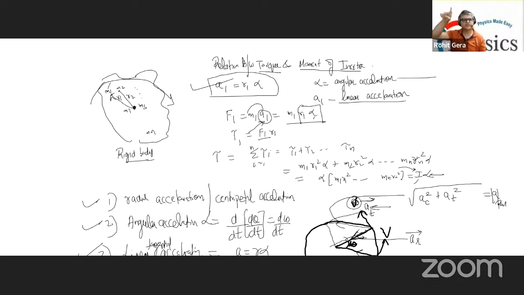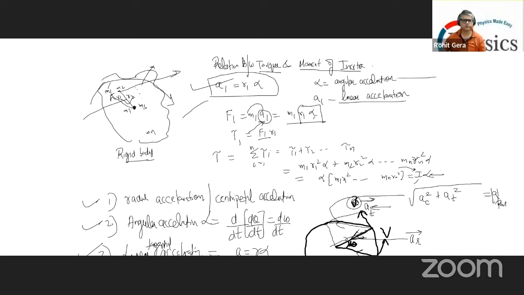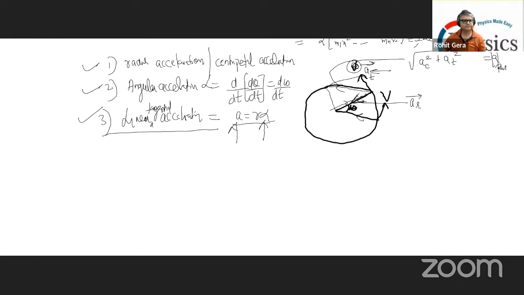If this sphere, for example, which is rotating, has alpha, and therefore it also has r alpha, which is its linear acceleration of the same point. So this point is also having a linear acceleration here. And radially, it is moving towards its center of mass. So this is the central or radial, this is the tangential. ठीक. The square of the resultant of these two is the net resultant acceleration on the body. आया समझ में? हाँ जी,